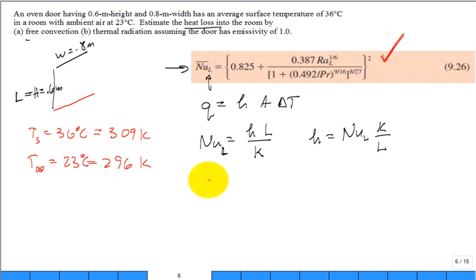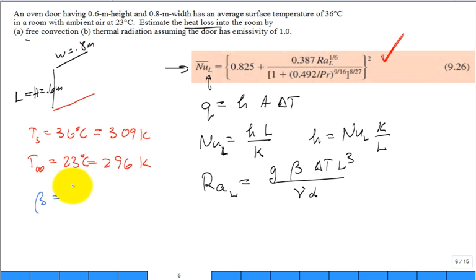So to use the correlation, I need the Rayleigh number based on that length scale. Just repeating, g beta ΔT L cubed divided by nu alpha. Which properties are very temperature dependent? Well, I need to get beta. Isn't beta equal to 1 over T? But which T? T of the surface, T infinity of the fluid, which T? Film temperature, exactly. And so you calculate the film temperature, which is just Ts plus T infinity divided by 2. The film temperature,